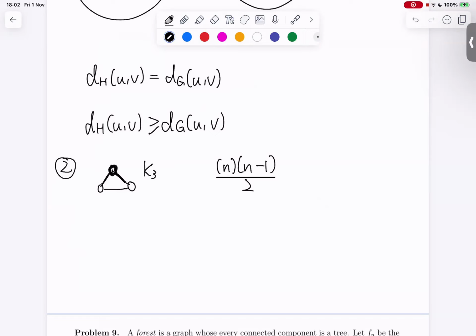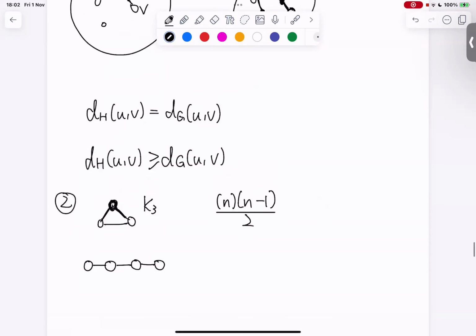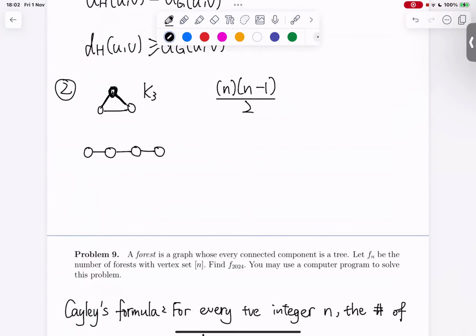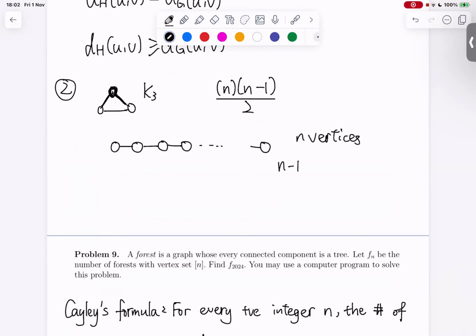And the maximum actually occurs when the graph G is simply a path graph. Let me prove that the maximum possible value of the winner index occurs when G is a path graph. Suppose G is a path graph with n vertices. Then it has only n-1 edges, since between the vertices in between, they have an edge. So we have n-1 edges, and I want to prove that